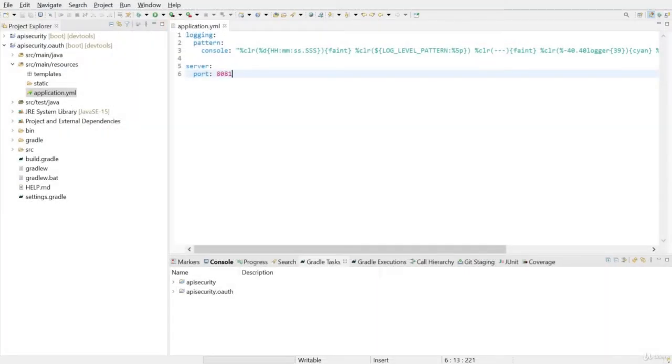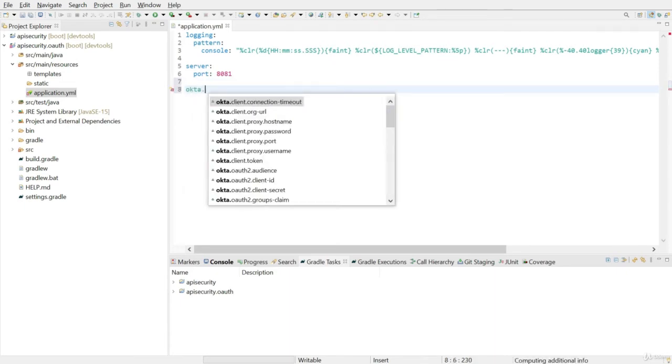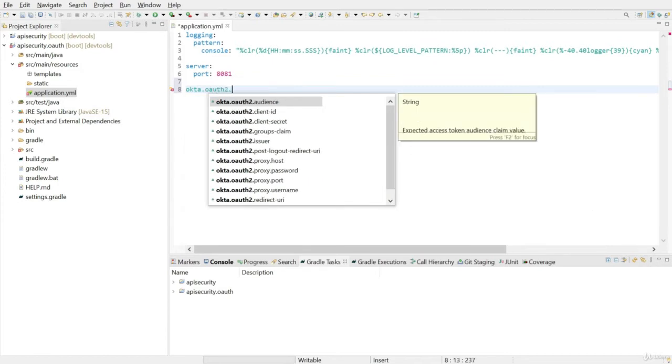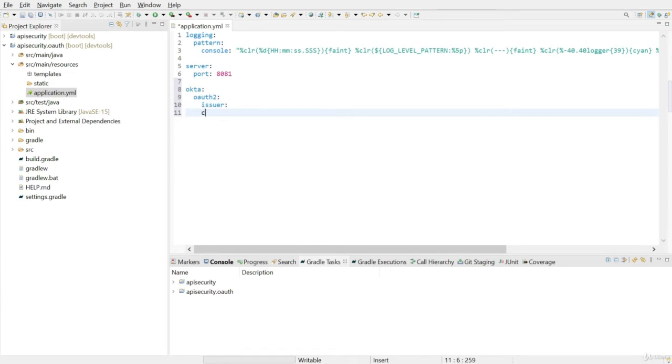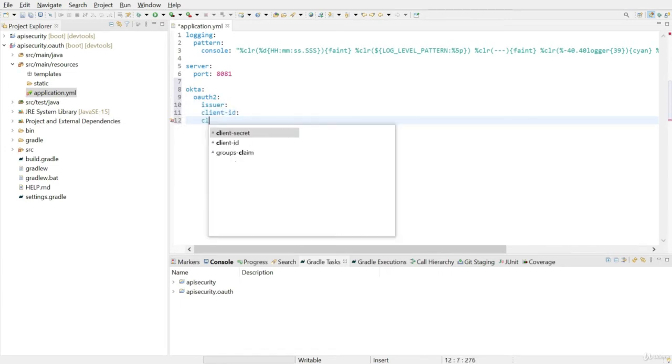Now go to application.yml in Spring and add the following keys. For the values, adjust according to your Okta application.